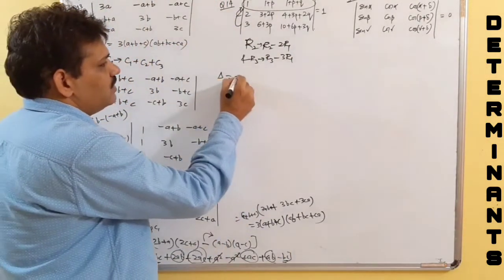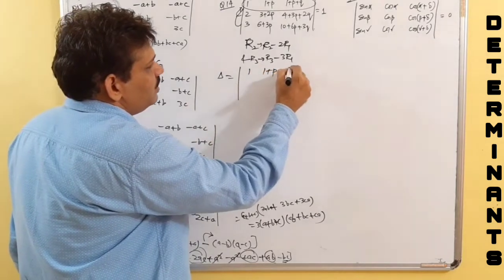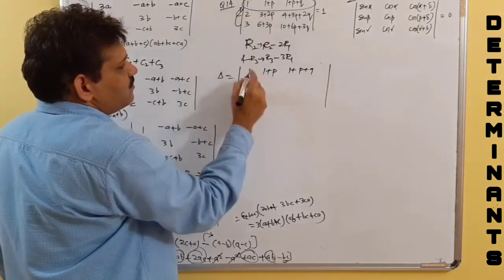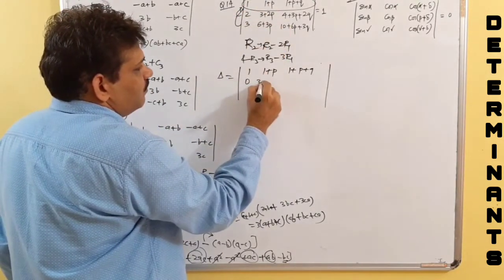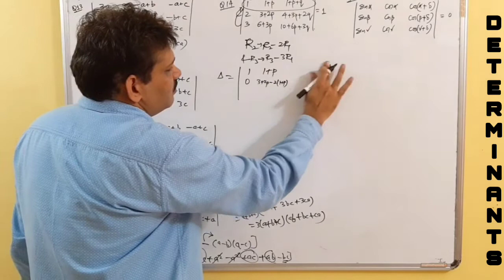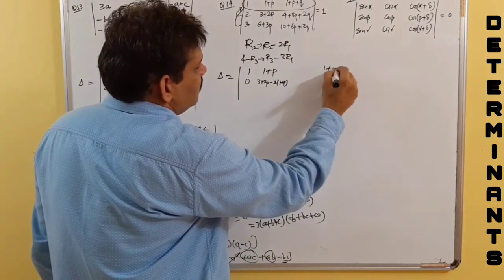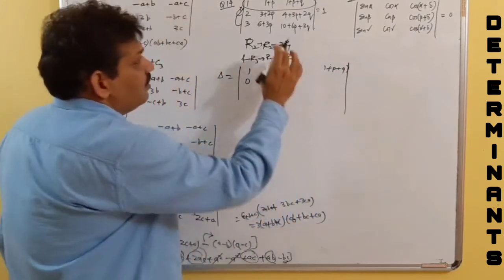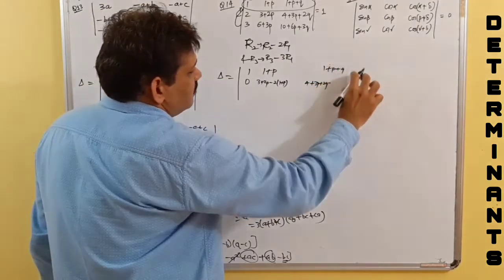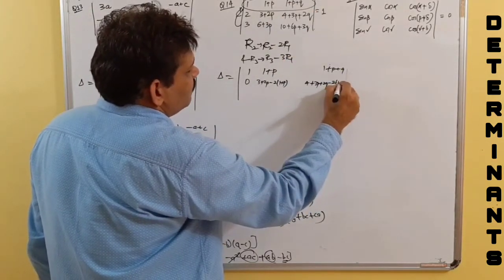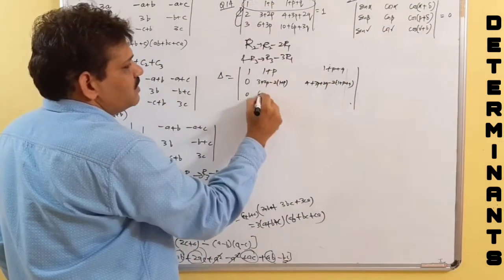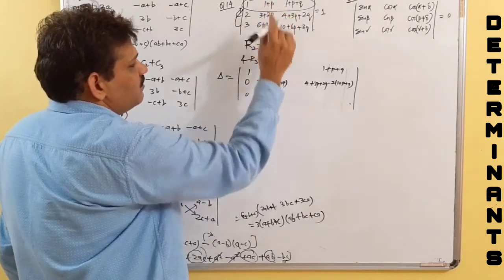What it gives, let's see, 1 plus P, 1 plus P plus Q. Now this minus the 2 minus 2 times of 1 is 0. 3 plus 2P minus 2 times of 1 plus P. 1 plus P, 1 plus P plus Q. Well, this 4 plus 3P plus 2Q minus 2 times of 1 plus P plus Q. This minus 3 times of this 0. 6 plus 3P minus 3 times of 1 plus P.